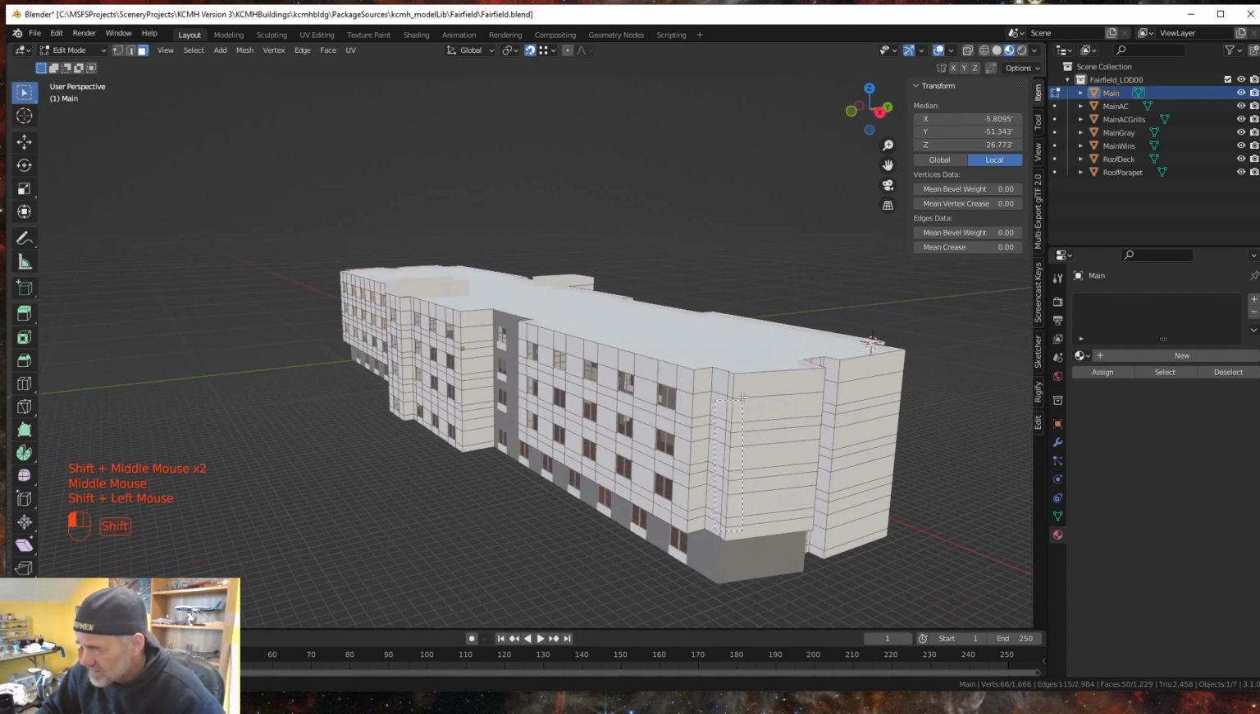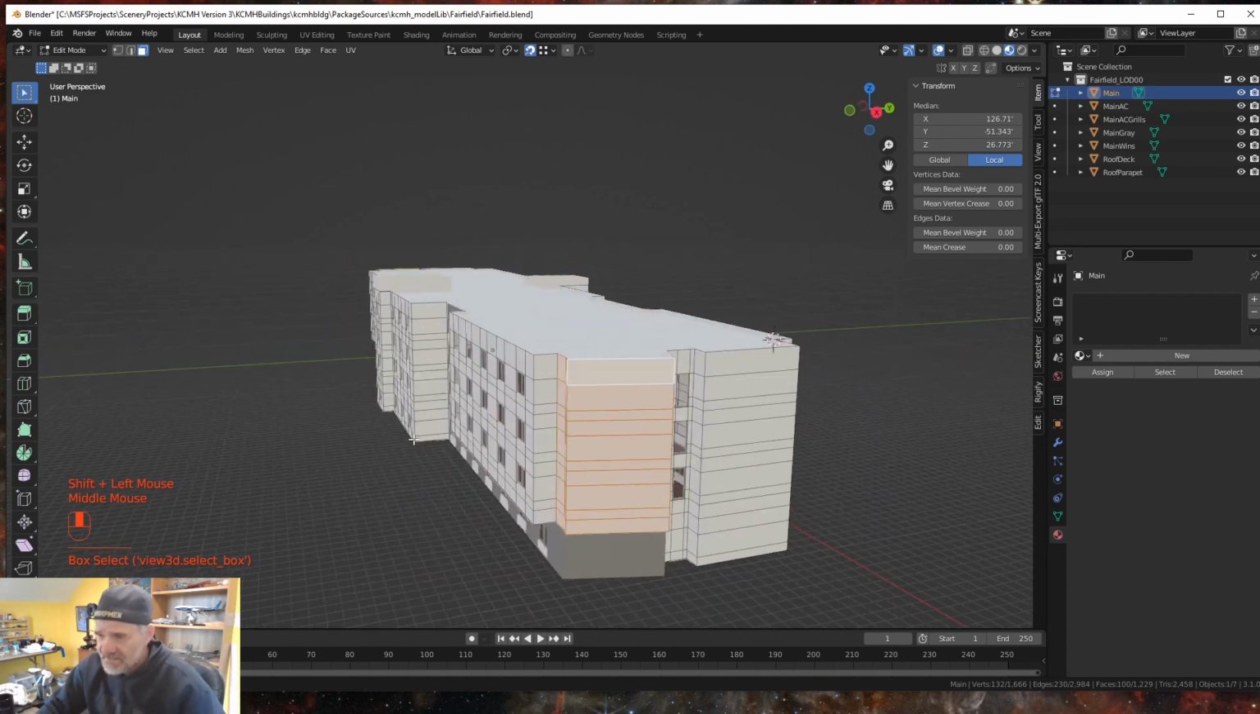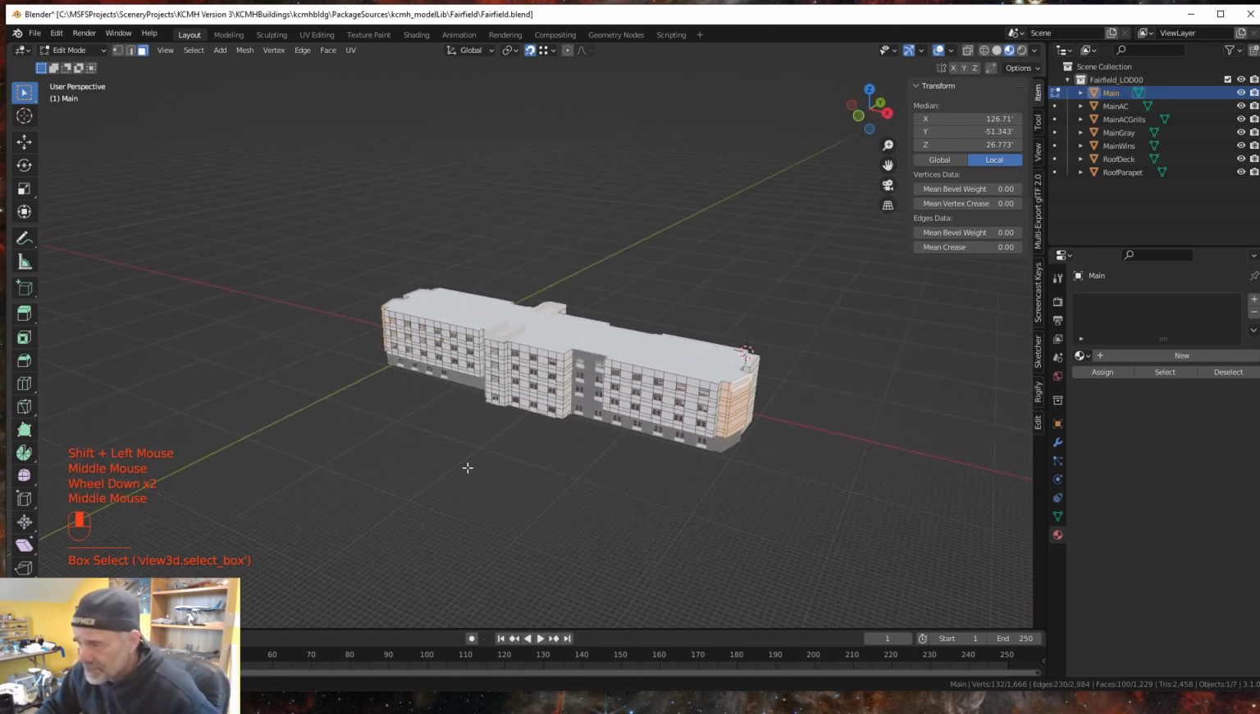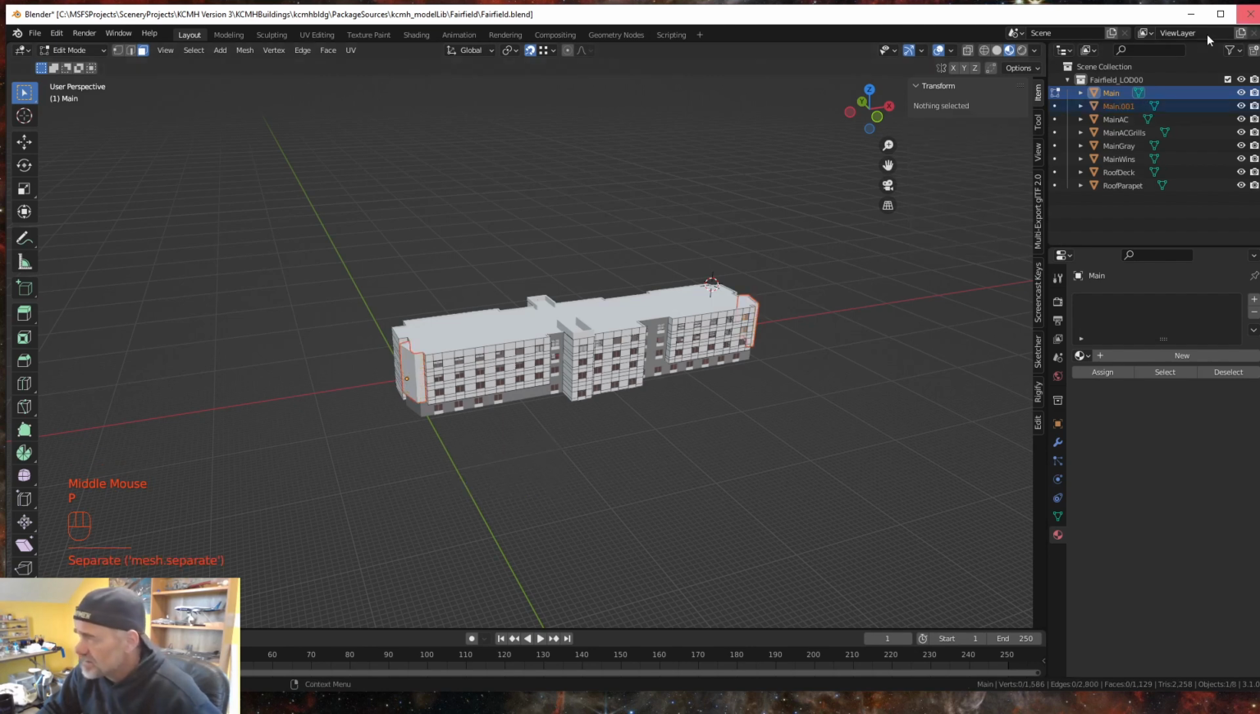Just like this. I'm holding down Shift, selecting these just like that. Alright, and I'm going to hit P, make those new selection, main stripe, whoops, main stripe ends. Okay,